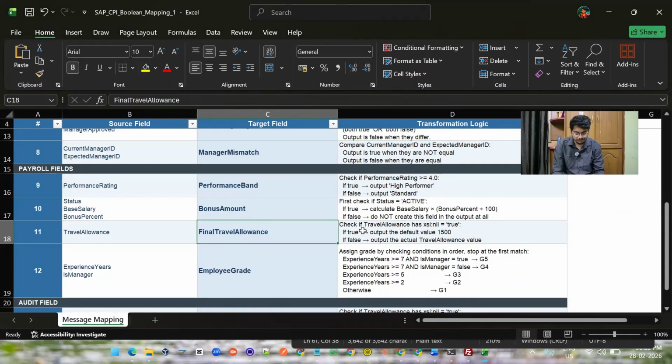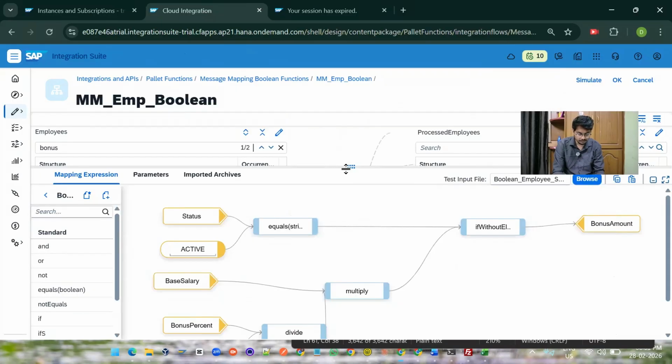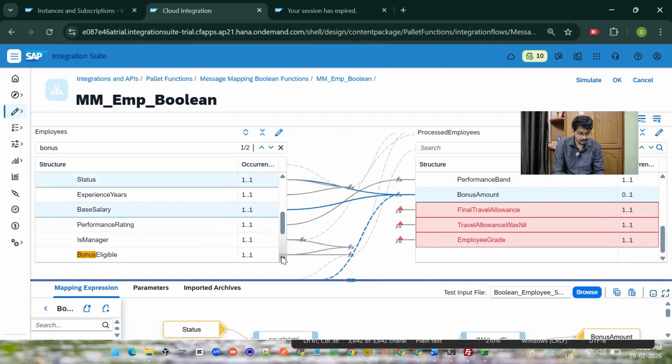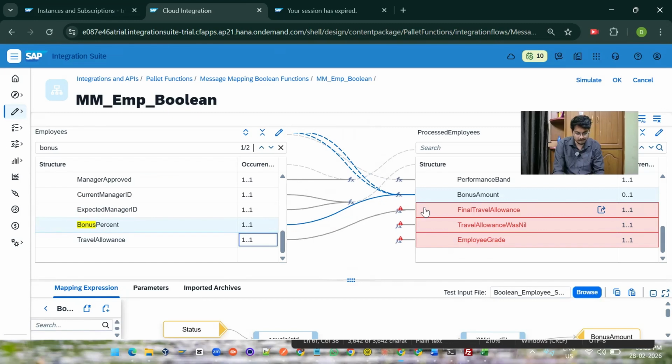What is the logic? We have to check if travel allowance has xsi:nil equal to true or not. If it is true, output the default value 1500. Otherwise, we have to give the actual value. We have to provide the actual travel allowance value. So let's get back to our mapping. And final travel allowance is this field, the travel allowance field. So I'm going to map this,